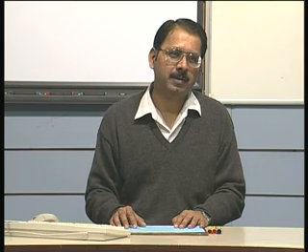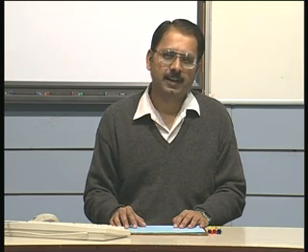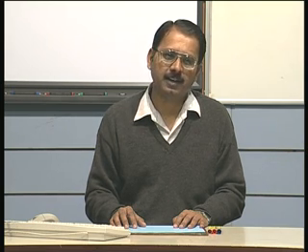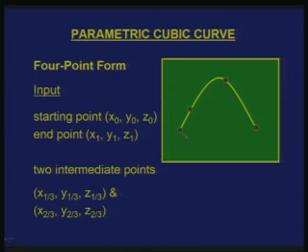The third important form of a parametric cubic curve is that, given 4 points through which the curve is passing, I can define a cubic curve which passes through these 4 points. So, here are the 4 points which are shown here: point 1, 2, 3 and 4. The order of points is also important. If I change the order, I get a different curve, because the curve is in a way traveling from one point to another. So, the order of points is important.